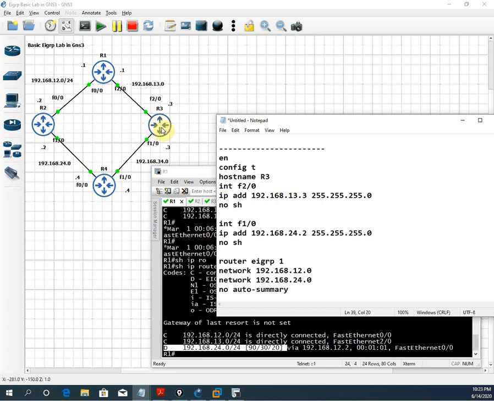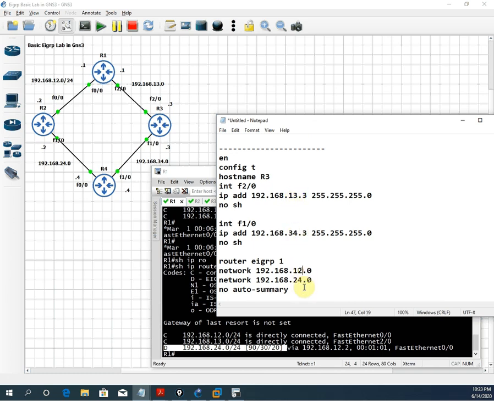We are in router 3 and I am writing for interface F2/0, that is 192.168.13.3. Here we see F1/0, but the IP should be 192.168.34.3. So I will change this 24 to 34, and the last octet should be 3. And here we will change to 13 and 34.